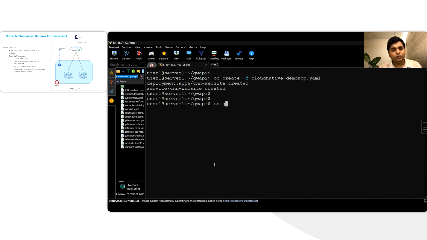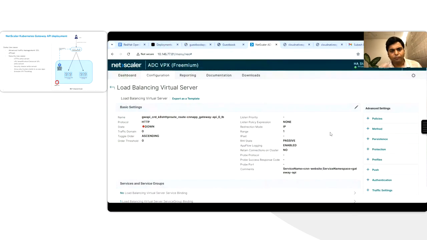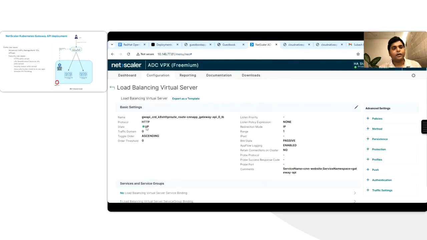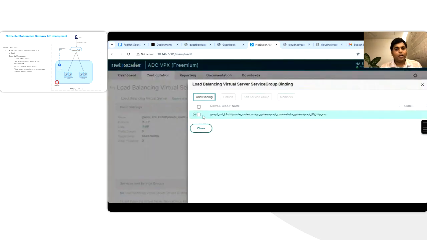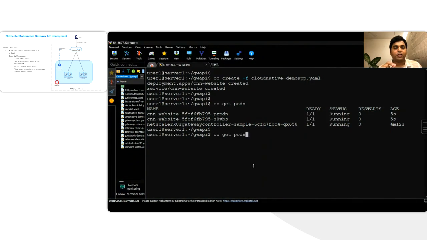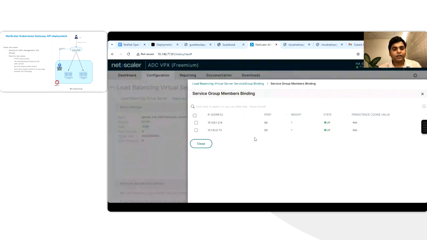Once we go back to the NetScaler, you can see there are two pods running. Here, you would see that the NetScaler vServer is up, and going to the members, you can note that these are the two IPs, which are nothing but the pod IPs of the CNN website. Just to reconfirm, .73 and .214 are the pod IPs which are actually getting populated in the NetScaler.